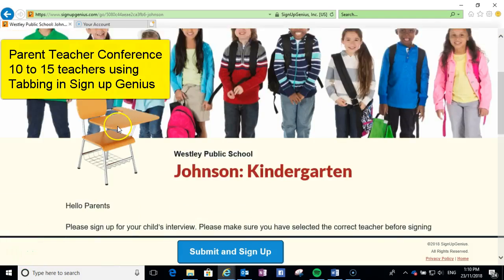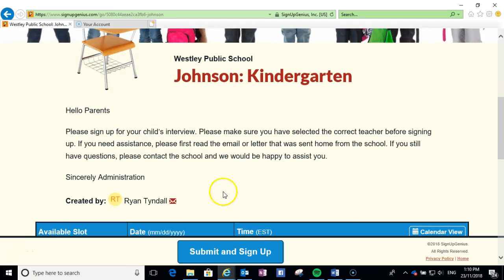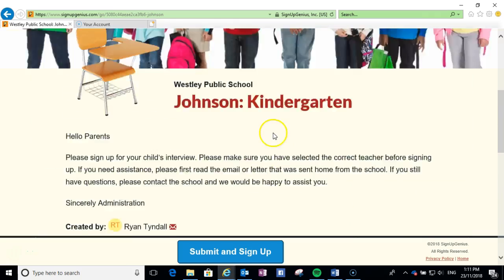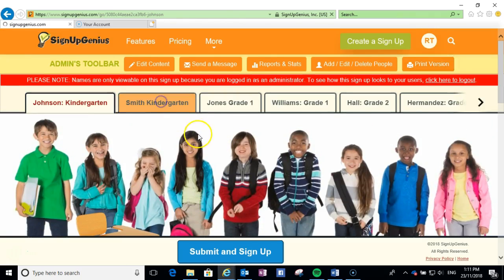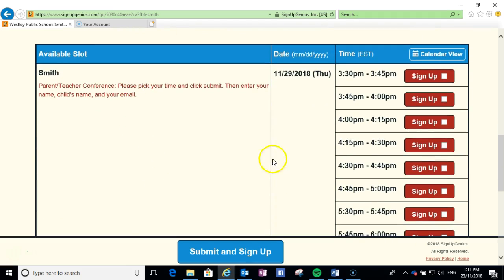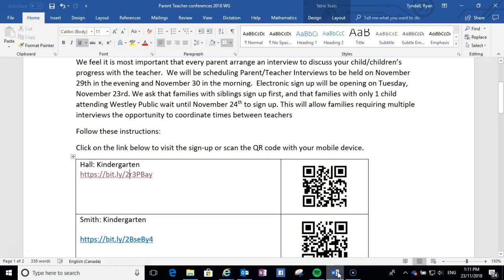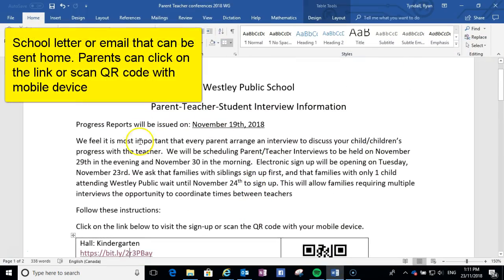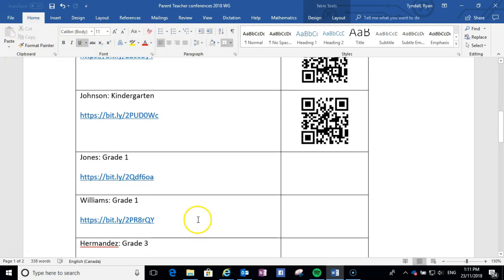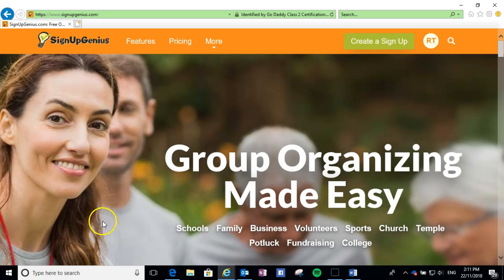I'm the EdTech Explorer. What I'm going to show you here is how to create a SignUpGenius for 10 to 20 teachers, approximately 400 students. You're going to be using tabbing in SignUpGenius, and as you can see at the top, I've used a different tab for every teacher's name. I'm also going to show you how to create a parent-teacher newsletter with bit.ly links and QR codes for the